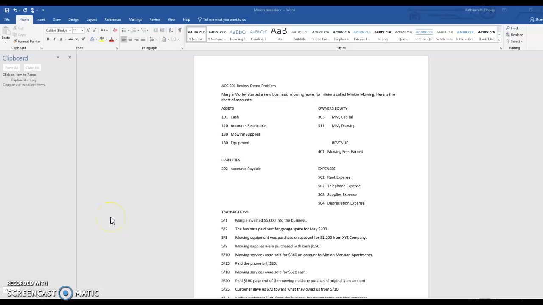Okay, let's continue on with Minion Mowing. And here is our transactions and our chart of accounts. We've already analyzed the regular transactions. We will need a couple of pieces of information as we journalize, which is the next step. But mostly we'll be working straight from our analyzing sheets